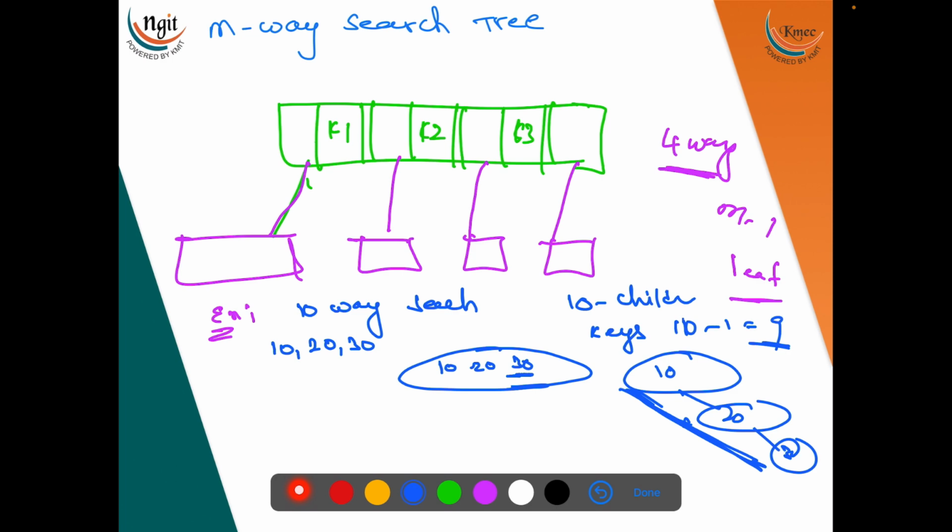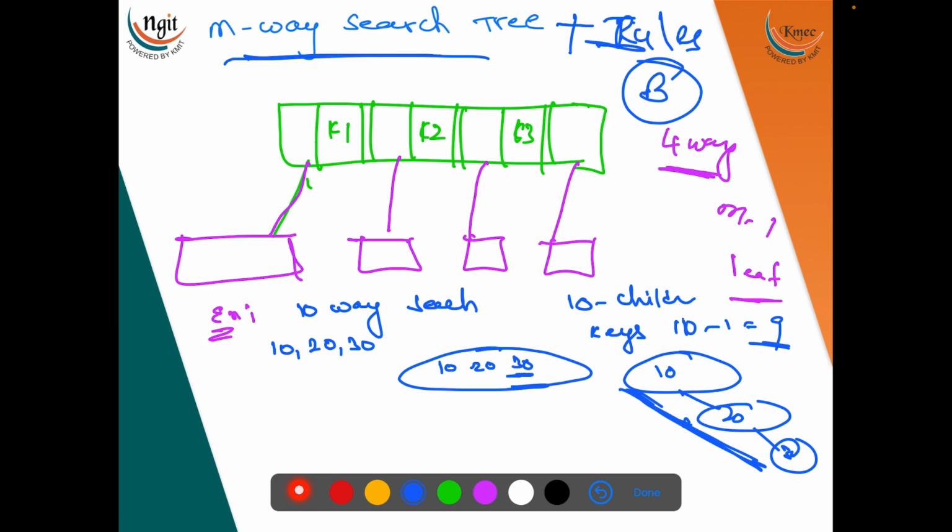Now what we'll do is keep some rules for the M-way search tree. We'll apply some rules. An M-way search tree plus some rules is called a B tree. Yes, an M-way search tree with rules is called a